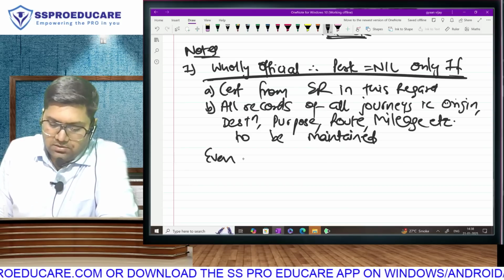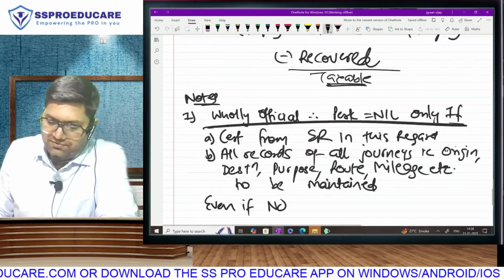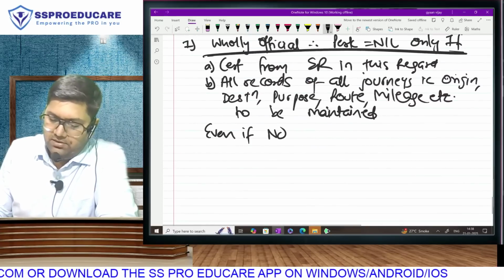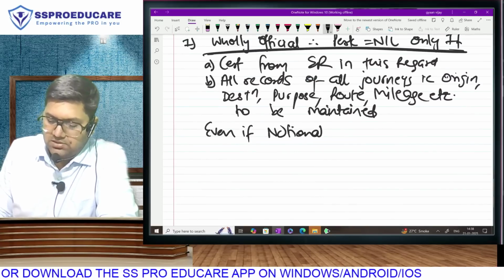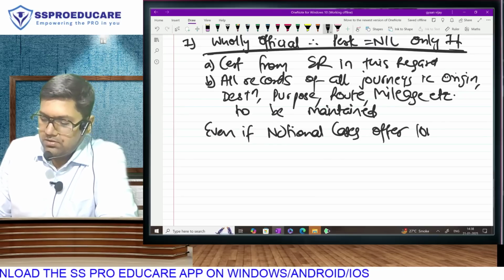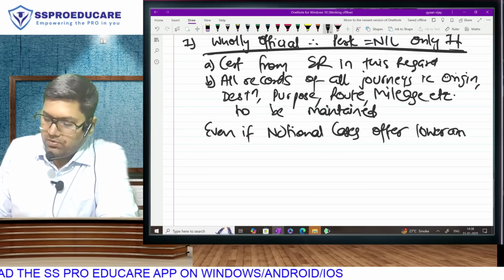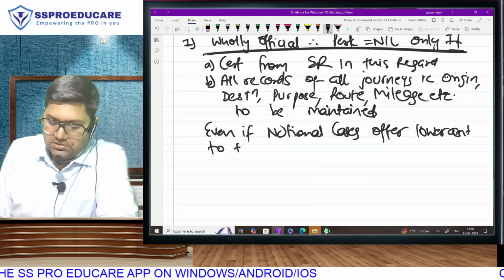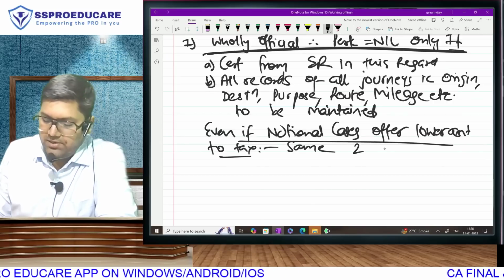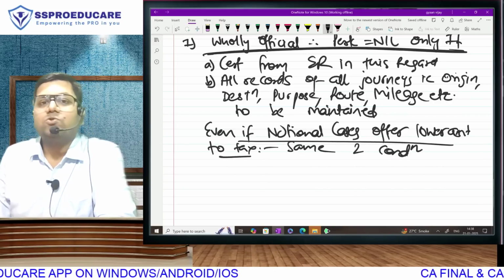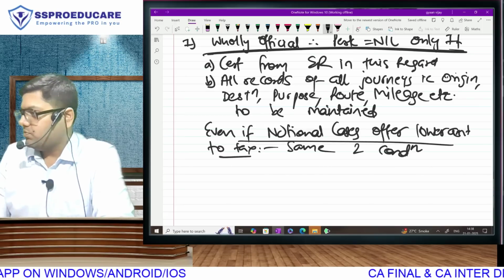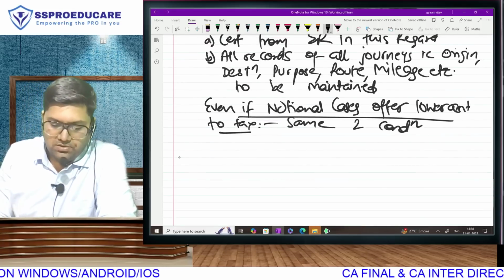Even in notional cases, because we have given reference of that here also, note 1, you are allowed to offer a lower amount to tax. How? By fulfilling the same two conditions. That's the school example. Offer a lower amount by fulfilling the same two conditions. Make sense to you? Second,